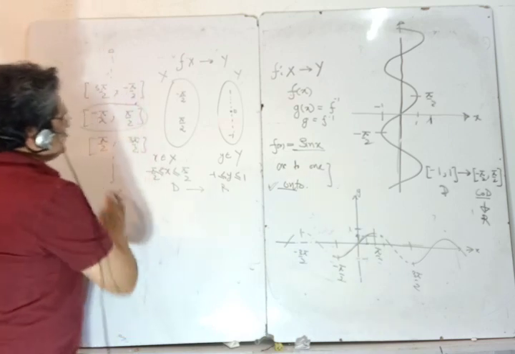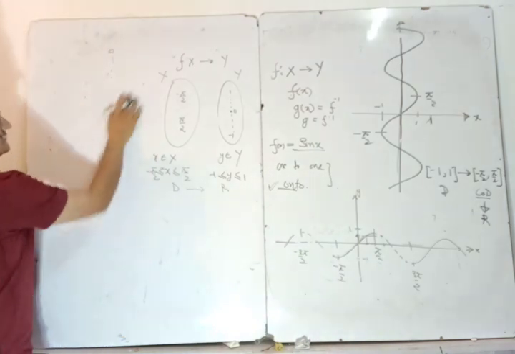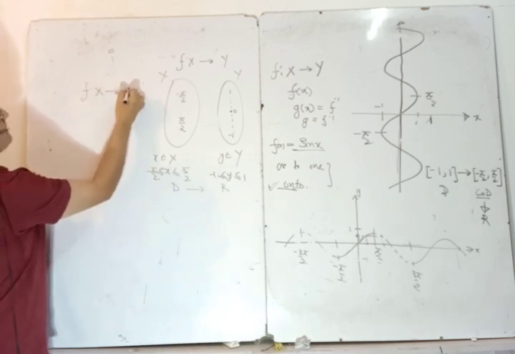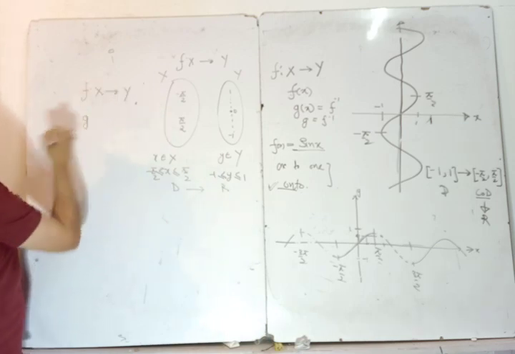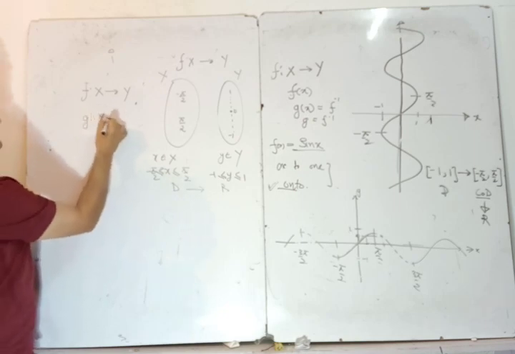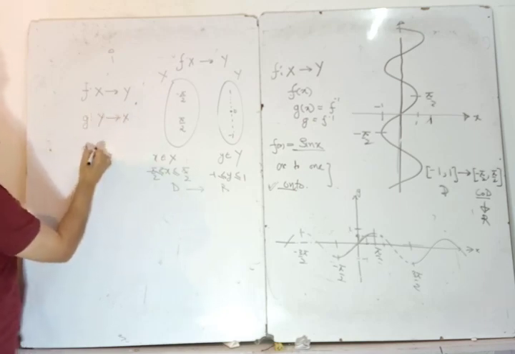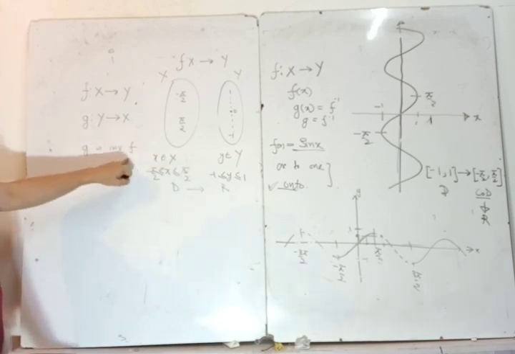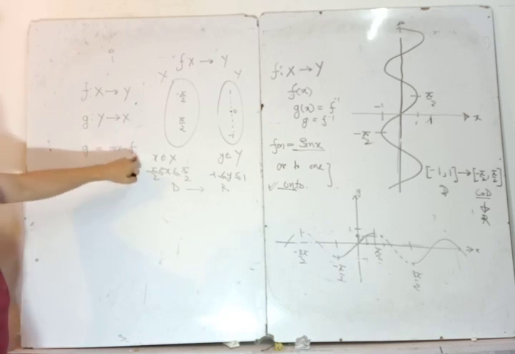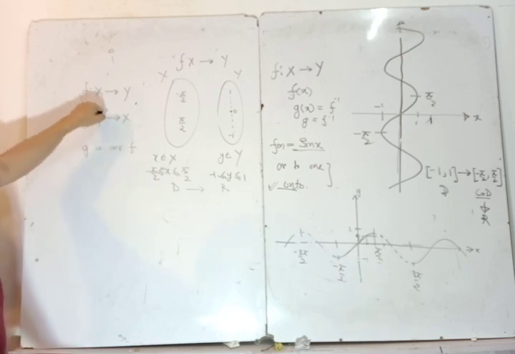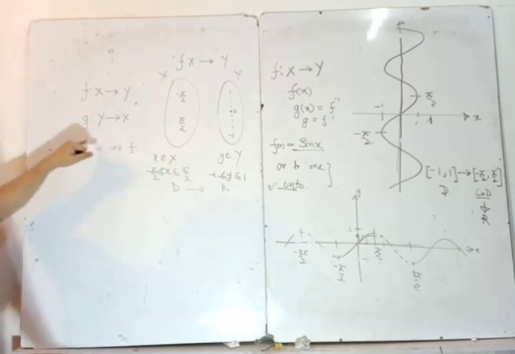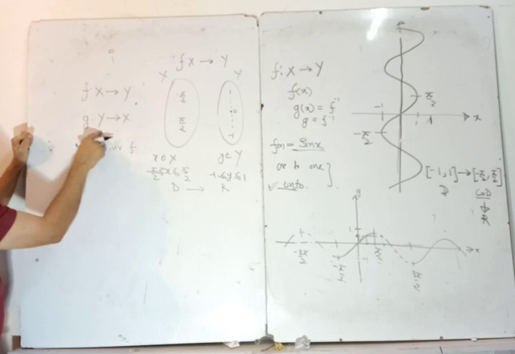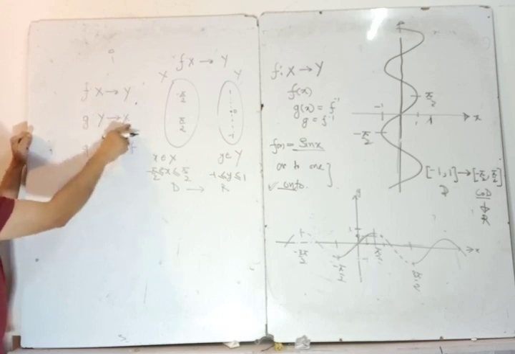Now, when the inverse is done, another important thing which we should know is, suppose the function is from x to y. I have an inverse function which is g. I will write it from y to x. And g is the inverse of f. G is the inverse of f only when f is 1 to 1 and onto, that is bijective, which is there in this case. And then whatever was my range becomes my domain, and whatever was my domain becomes my range.